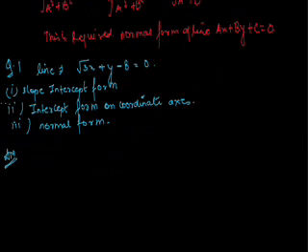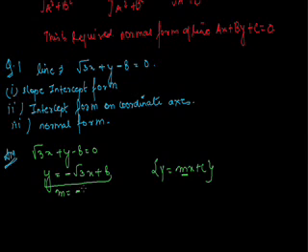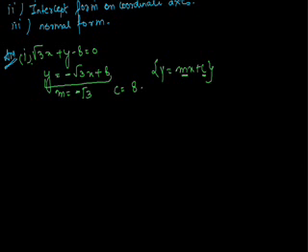So answer: as we know that root 3x plus y minus 8 is the equation of the line, I can write it as y is equal to minus root 3x plus 8. It has been converted into slope intercept form, which is given by y is equal to mx plus c. So here m will be minus root 3 and c, that is the intercept on the y axis, will be 8. So the answer of the first part has been completed.